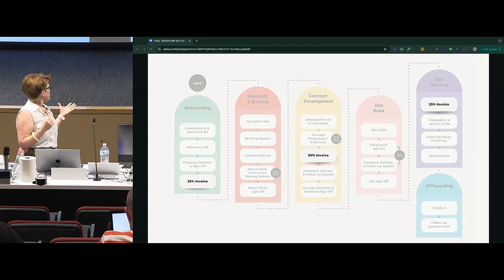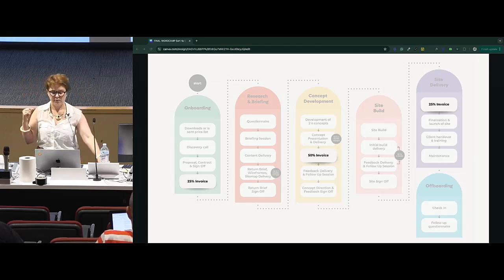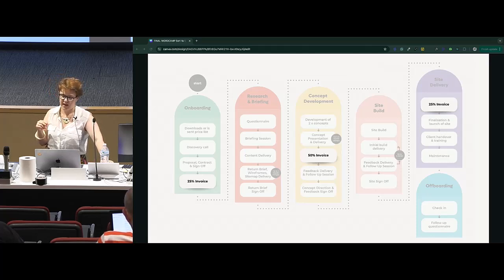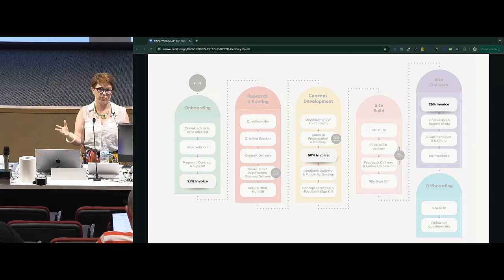So if you have a look at my project process up here, you'll notice that I invoice 25% at onboarding stage. I know a lot of developers invoice 50% upfront, and I actually think that's a really great strategy. For me, the kind of organisations I work with, I found if I invoice 50% upfront, I often get caught in the setting up payment processing system, creating purchase orders or that sort of thing.